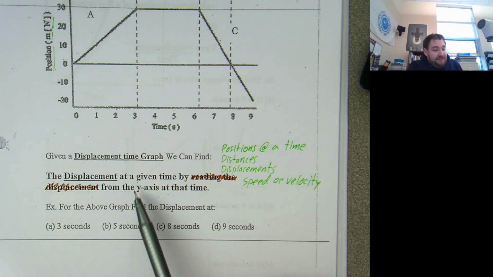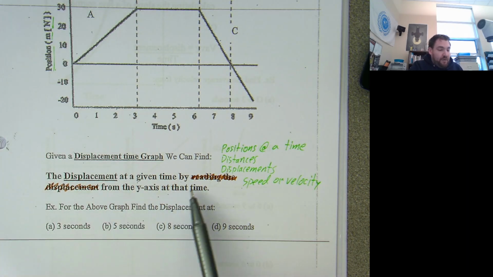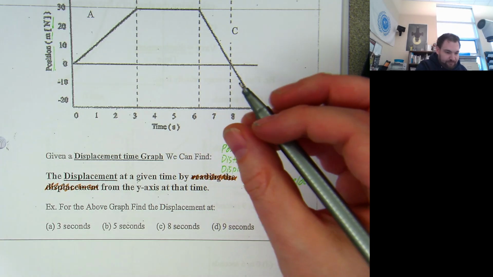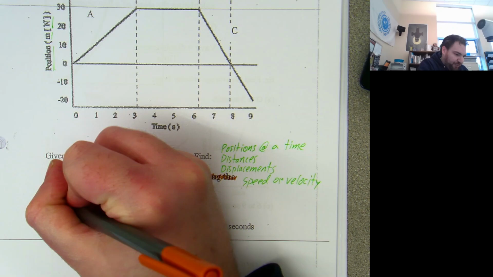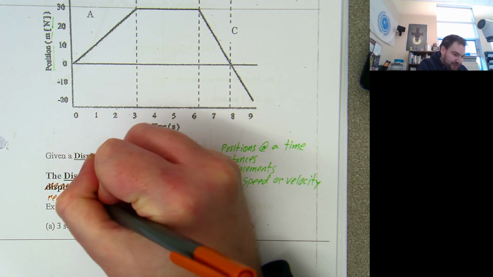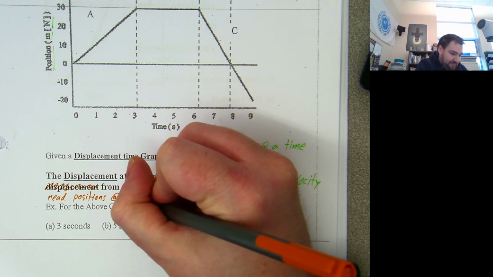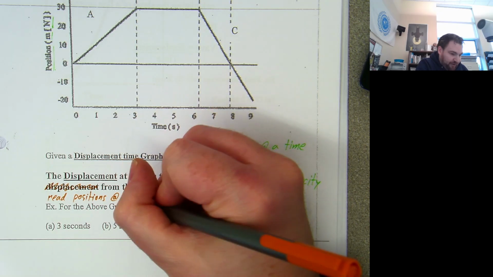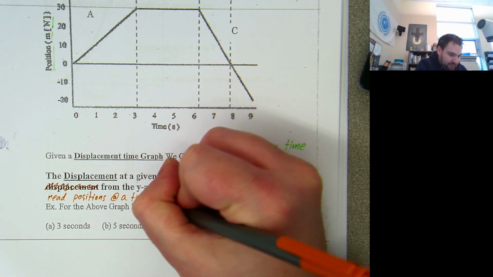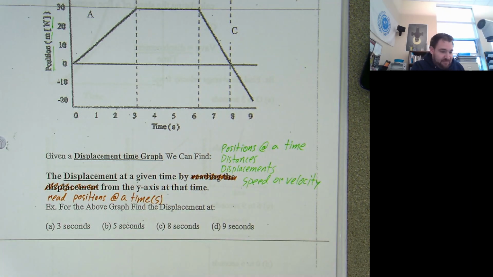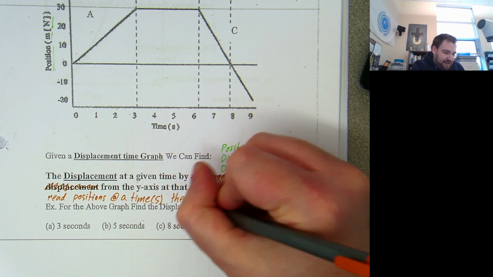So if I wanted to find displacement at a given time, what are we actually going to do? Well, we're going to read positions at whatever time we're looking for, at a time or at times. And then to find a displacement,